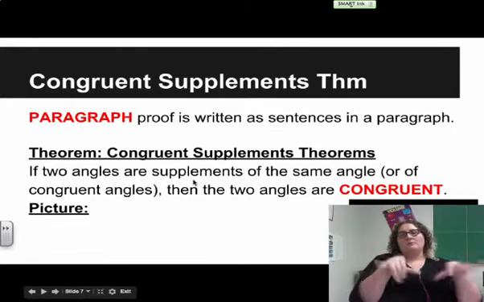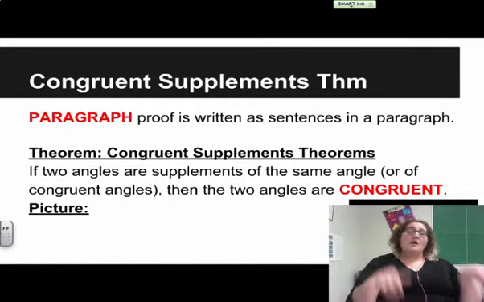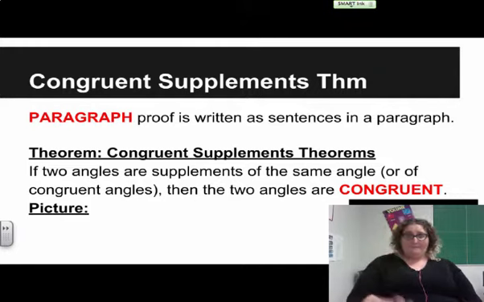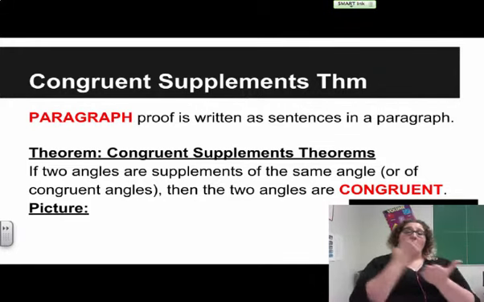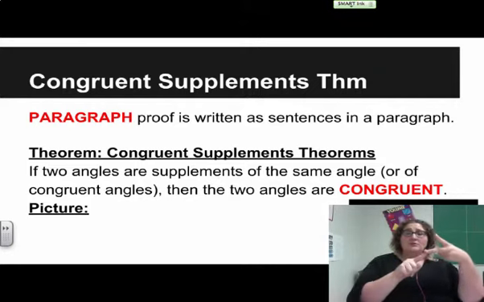Congruent supplements theorem. A paragraph proof is written as sentences in a paragraph. The congruent supplements theorem says if 2 angles are supplements of the same angle or congruent angles, then the 2 angles are congruent. Now what they mean by that